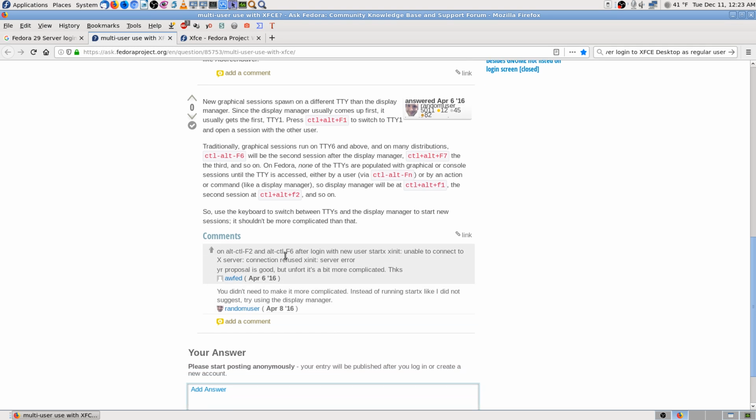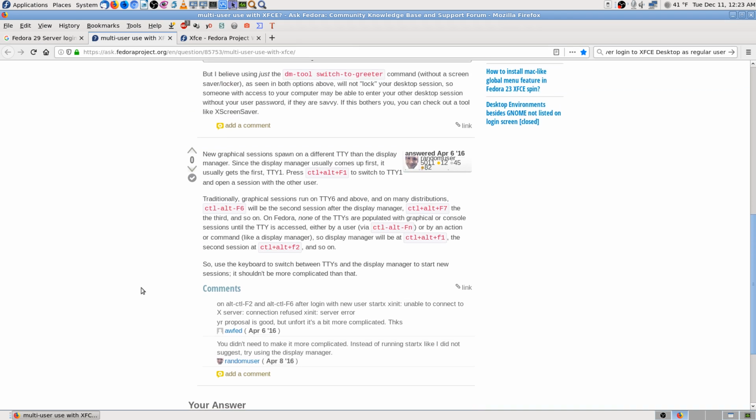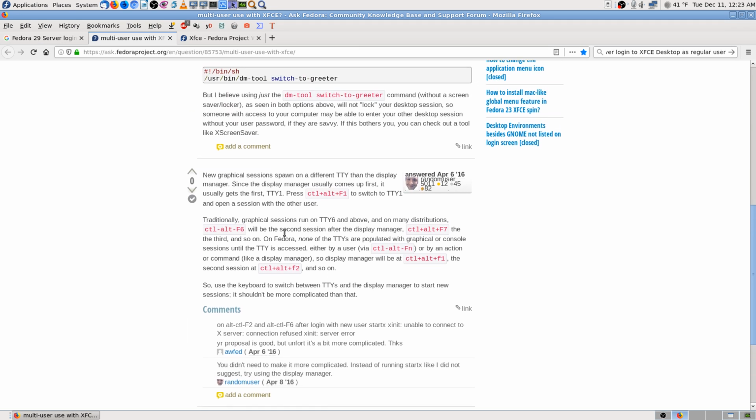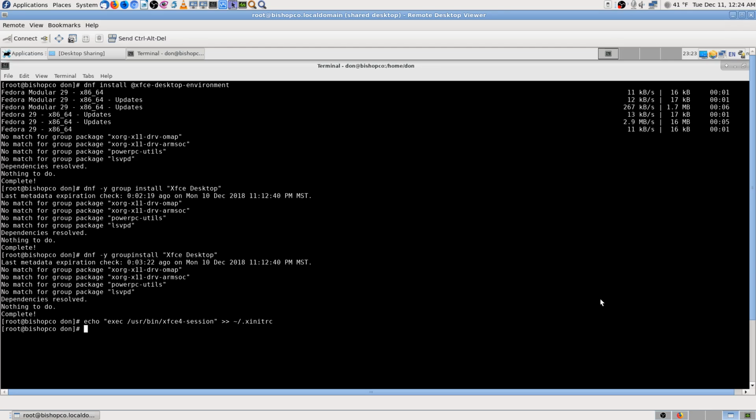Comments. On Control-Alt-F2 and 6, log in with new user, startx, xinit, unable to connect to X server, connection refused, init server error. Your proposal is good, but unfortunately, it is a bit more complicated. Thanks. You didn't need to make it more complicated. I think they're arguing back and forth. Instead of running startx, like I did not suggest, try using Display Manager. Okay. I think I'll try what they say there. But what it means is I've got to